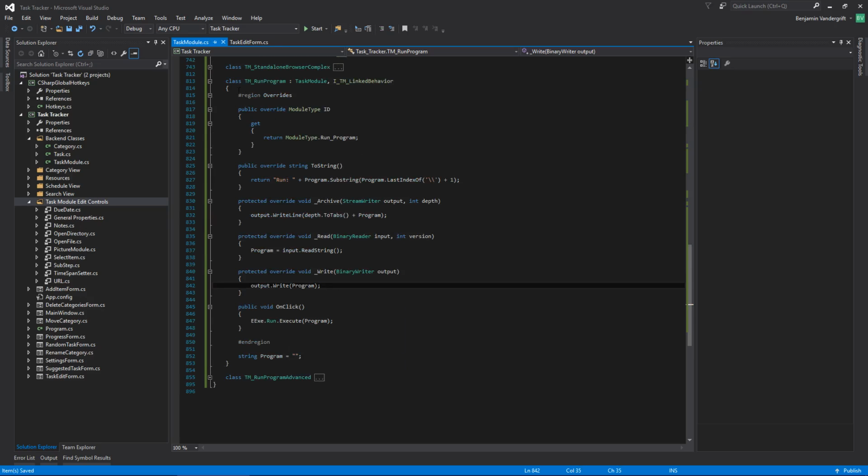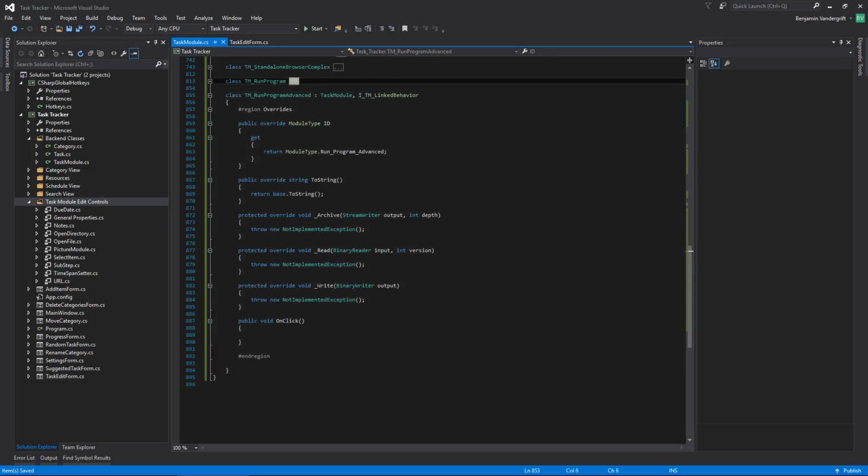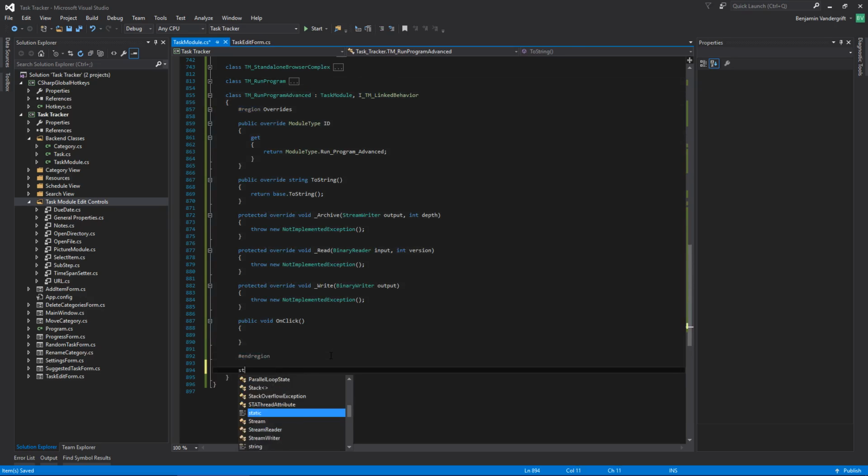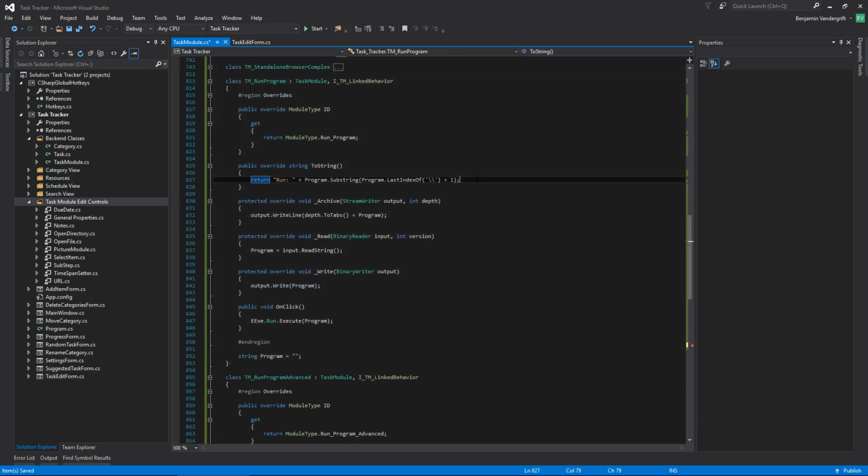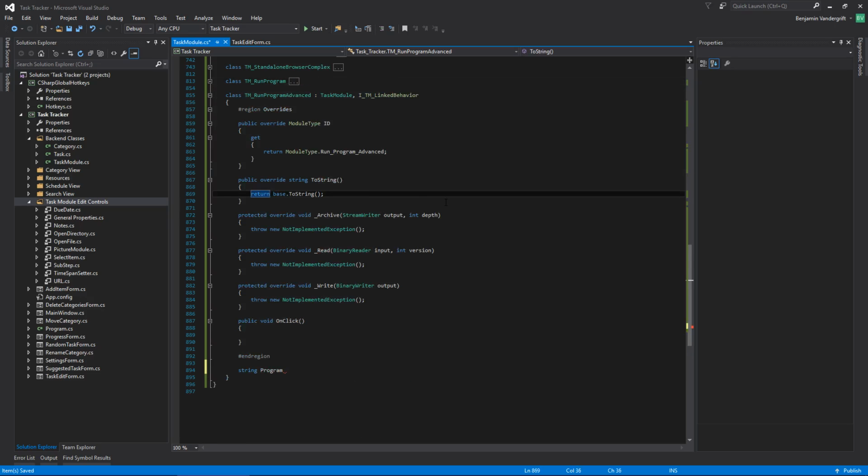That one's pretty straightforward. I don't know. Don't expect much from that. And then this one is going to need to be string program. And this actually, I'm going to use the exact same sort of thing there. Run, except I'm going to call it run plus for advanced. But there's no reason to give additional information. So,